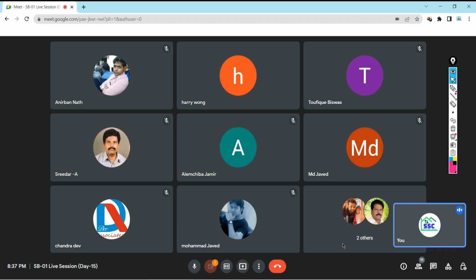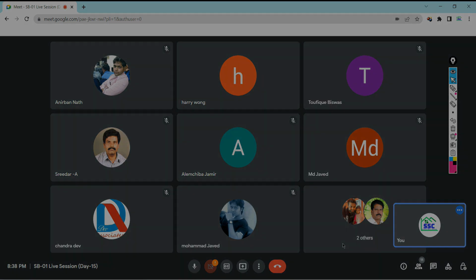Got it? From today's session, we are going to start a real life project, and we will cover four real life projects. There I tried to cover the isolated type of foundation with the first and second projects. In the third project, we will deal with the raft foundation, and in the fourth project we are going to talk about the pile foundation. Is that all okay?